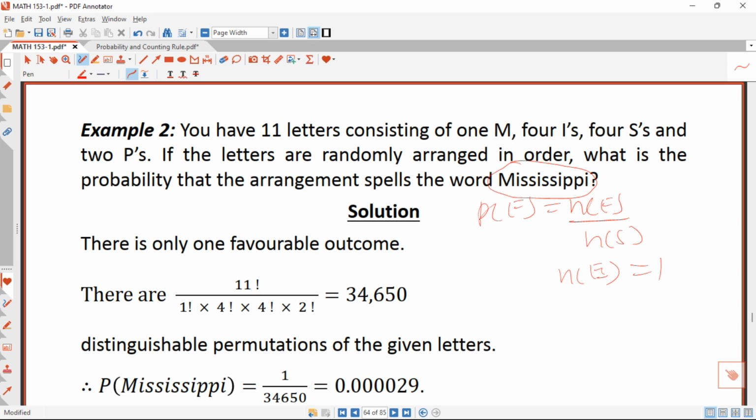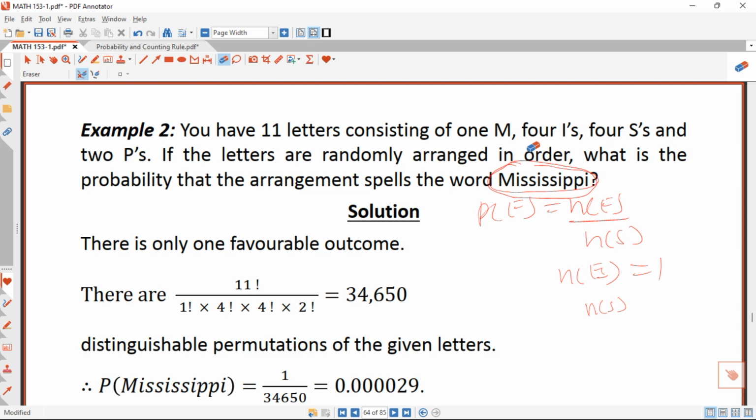We are just getting the probability of arranging the word Mississippi. It's only Mississippi. So the number of events is 1, because we are having just one word, Mississippi. What about the number of sample space? For the number of sample space, we are going to use the permutation rule, because he said the letters are randomly arranged in order, right? And under the permutation rule, we have what we call the